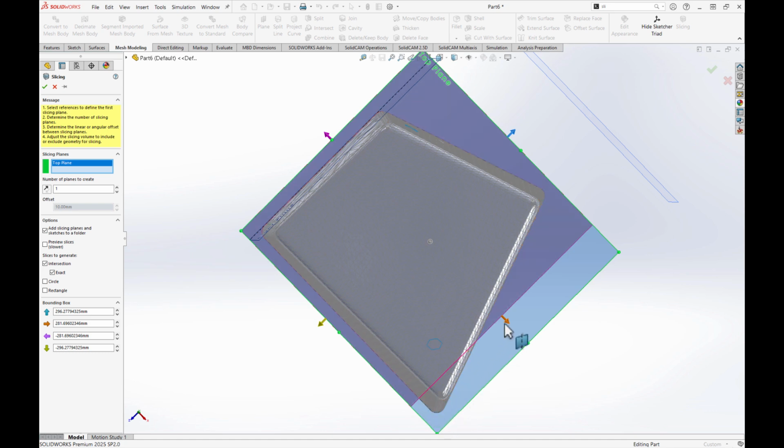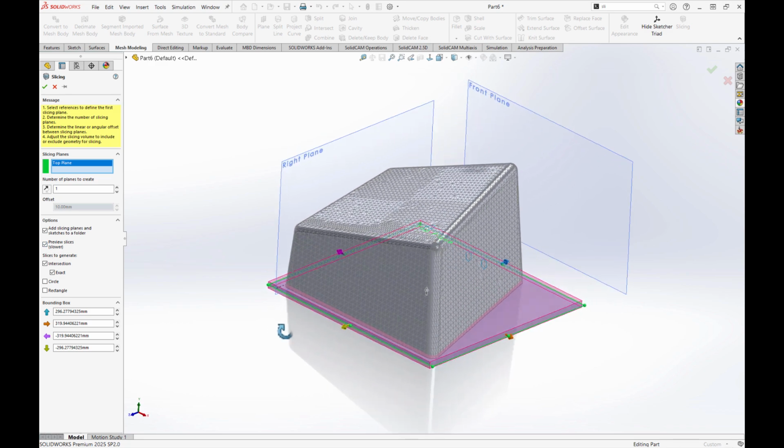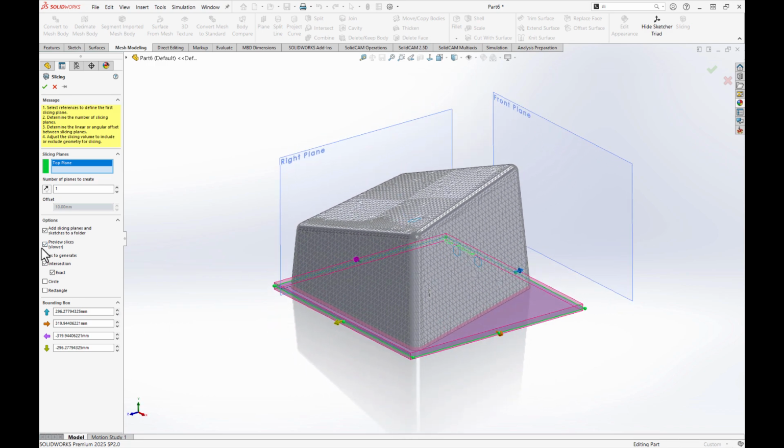It will kind of end where the boundary of this rectangle is. So if you make sure of that, if you want to preview what that slice is going to look like, you can switch preview on here, and it should give you an indication. So let's try that, and we may be a little bit too low, so it's telling me there's no intersection